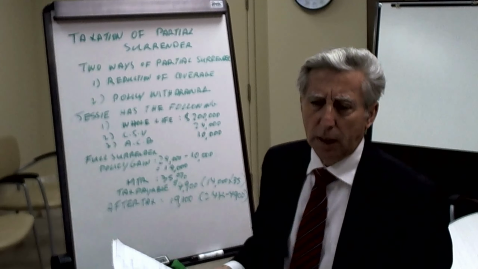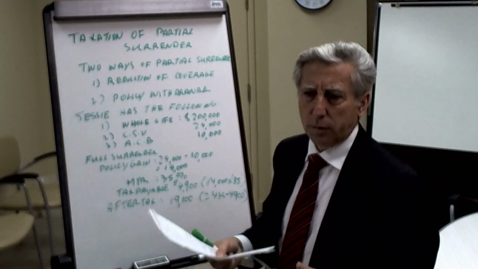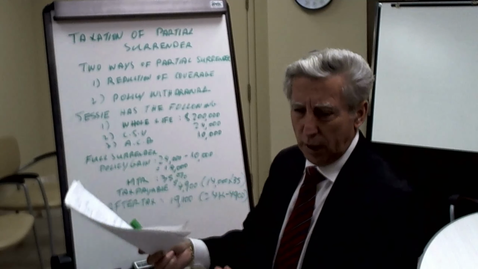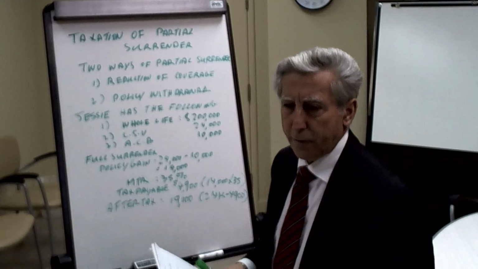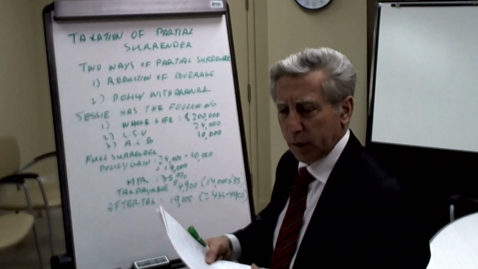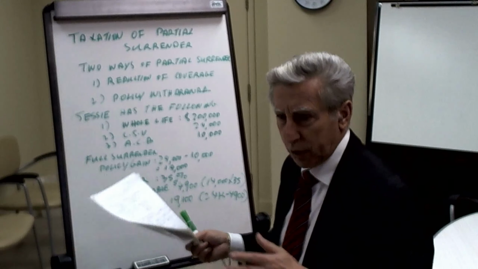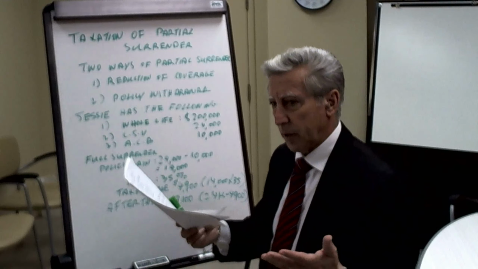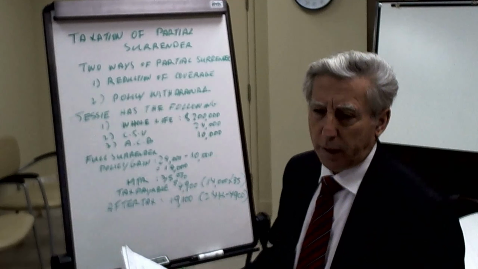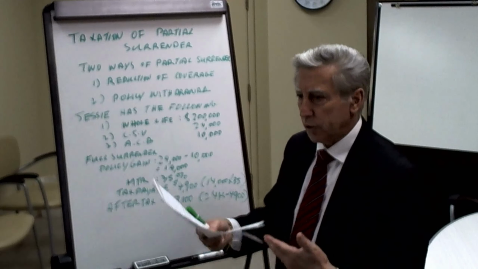I'd like to keep the policy going and everything else, but I really would like to have access to my money, or maybe reduce the coverage or whatever. So how does all of that impact the policy? Because remember, the policy is still being enforced. In the full surrender, the policy is gone, which we'll look at in a moment. But in the partial surrender, you're saying, I'd like to keep the policy if I could. However, I want some other options, say reduce the coverage, whatever.